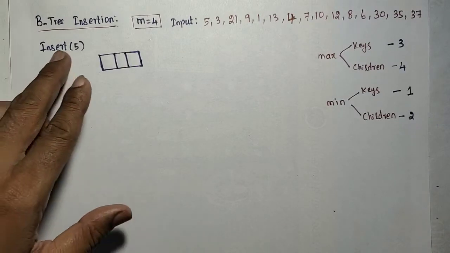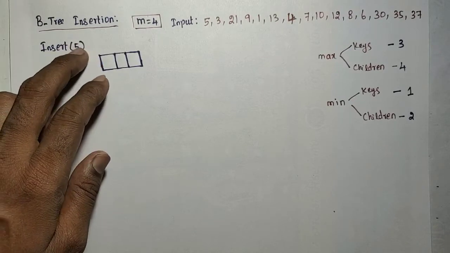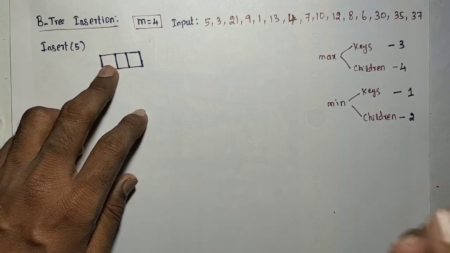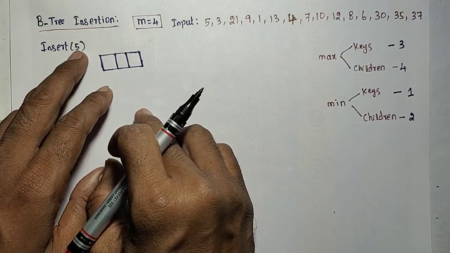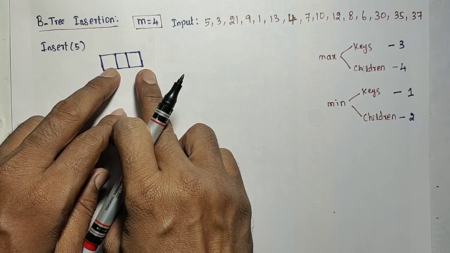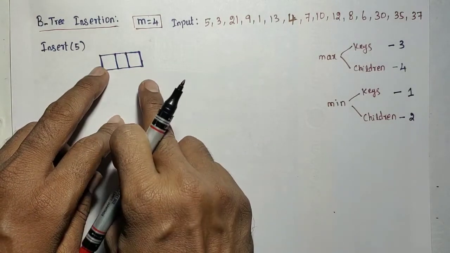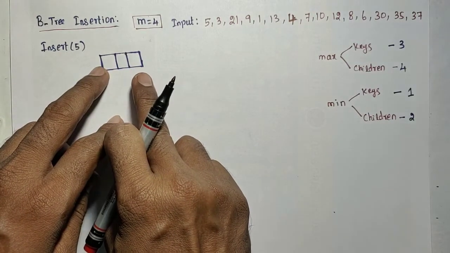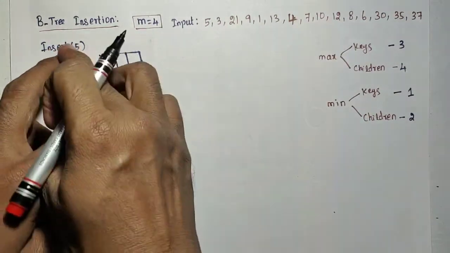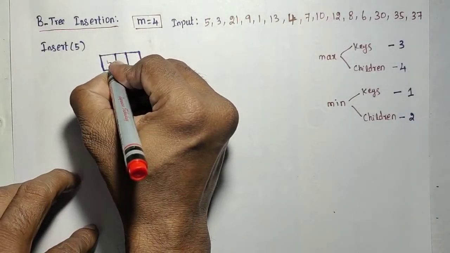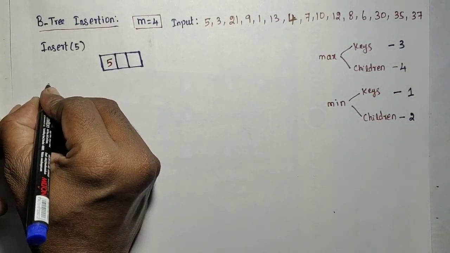So the thing is very simple: look for the leaf node to which the new element is to be inserted, based on the value of the new node and the values in that tree. Since it is an empty tree, when inserting the first element I need to create the new node and set it as the root. The root itself is a leaf in the empty tree, so the new element needs to be inserted in that leaf node. So I insert the 5 here. Then next I want to insert the 3.